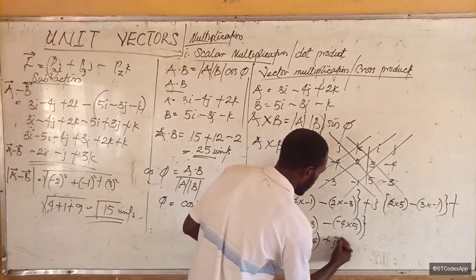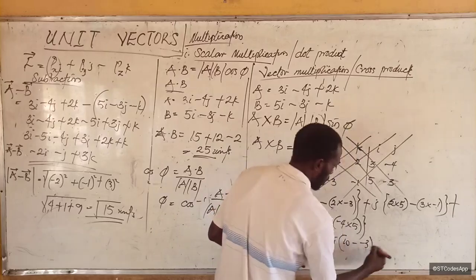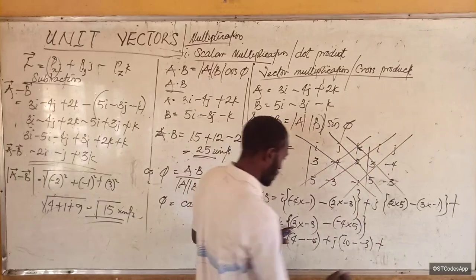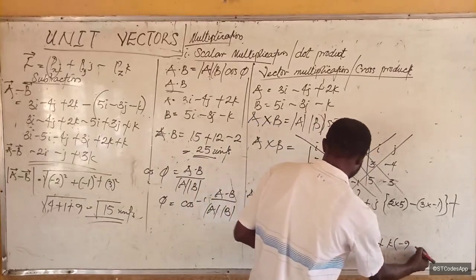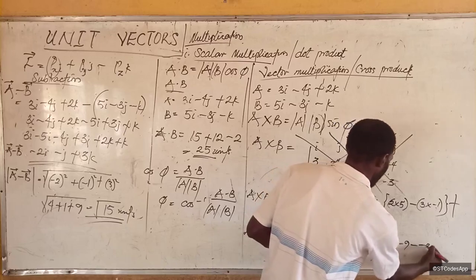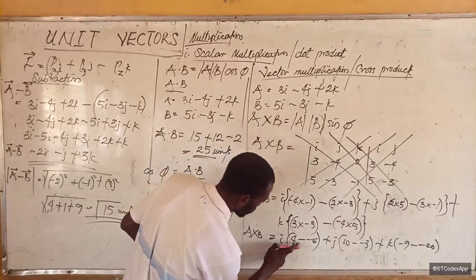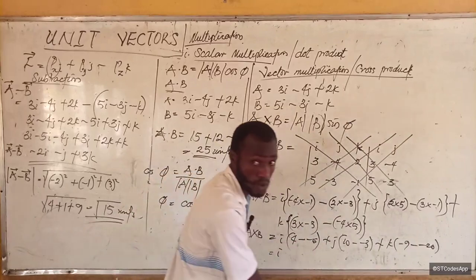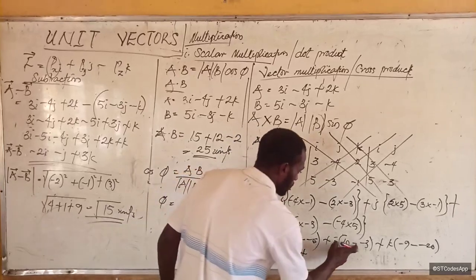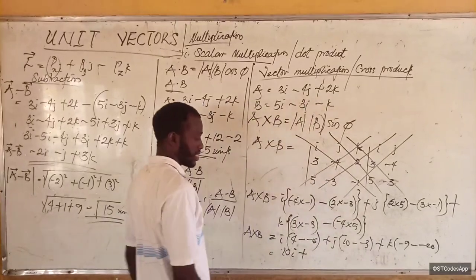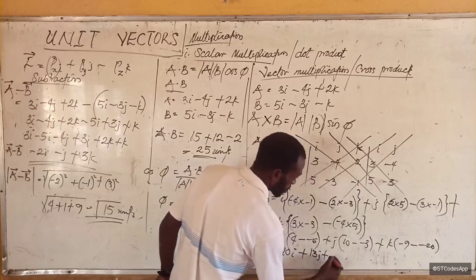Then plus J into bracket 10 minus -3. Then plus K into bracket 3 times this -9 minus -20. All right, so this becomes I, this will be 4 plus 10, minus times minus is plus, that will be 10I, so we have 10I plus 3 plus 10, that is 13, so here we have 13J, then plus K,